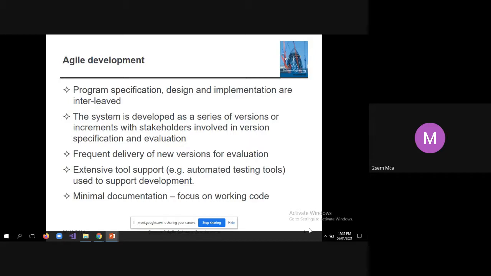Then why more emphasis on working code? Because for any given time, we will be telling just what to do in this iteration. Say, for example, we are starting with the first version. We will tell them, this is the software we are going to develop, and these are the functionalities which we are going to develop in this first version, and you have to develop the software in such a way that later modifications can be accommodated. So in each version they'll have clarity about what they are doing.